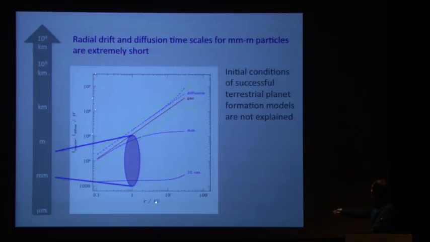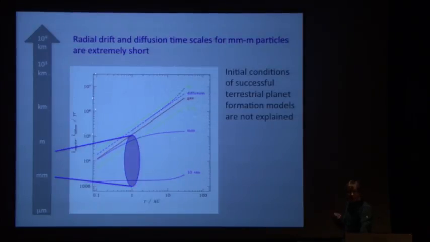And the point simply is that in the inner disk, here at 1 AU, these radial drift and diffusion timescales are really extremely short. So 10 to the 3 years, 10 to the 4 years, 10 to the 5 years. These are several orders of magnitude shorter than the gas disk lifetime. So we would clearly expect that the precursors to the planetesimals would move very significantly radially before planetesimals are necessarily